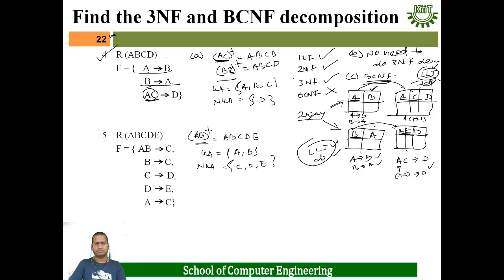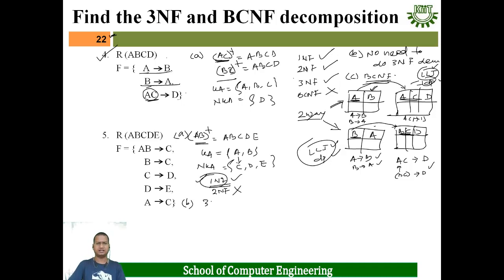Now we have to check for normal form. It is in 1NF, yes, no problem. Check for 2NF. Is partial dependency present? A determining C, yes, it is a partial dependency. That means partial dependency is present, it is not in 2NF. That means the relation is in 1NF. The highest normal form of this relation is your 1NF. Then this is your A part completed. Highest normal form is 1NF.